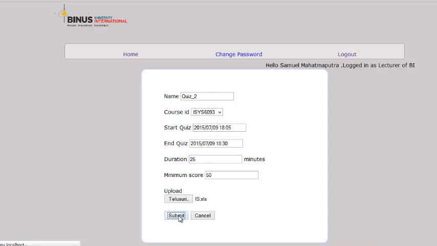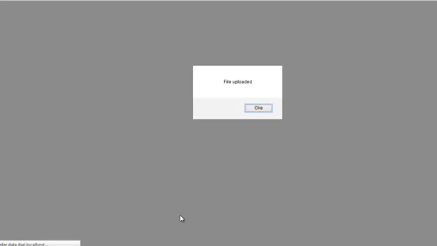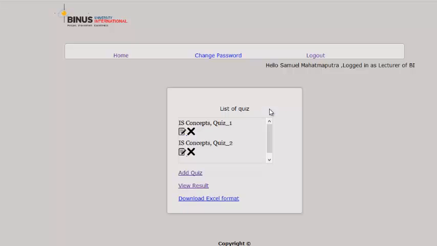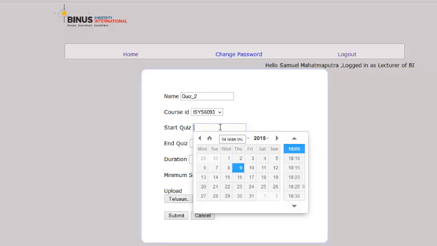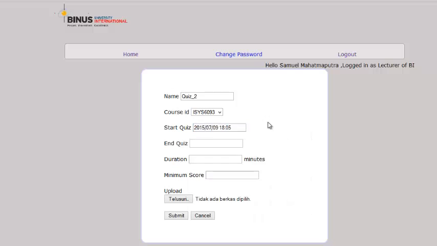And yeah, it's working. File uploaded. Okay. So for example, if you forgot something, such as you made a wrong question and you want to edit, you just press this button. This is the edit button. While you're pressing it, there will be the same form, and you cannot change this name and course ID because they're already locked. You can only change the start quiz and then the end quiz,